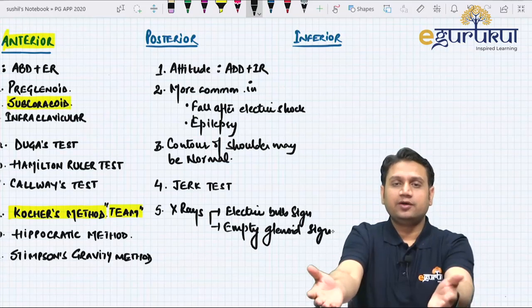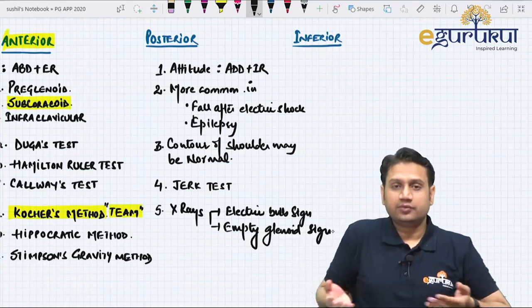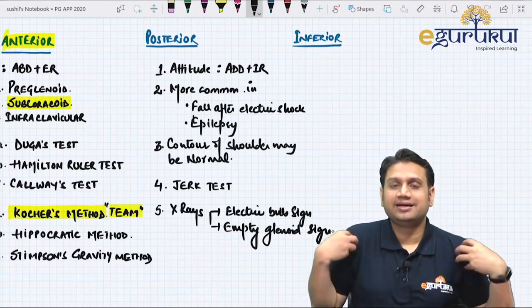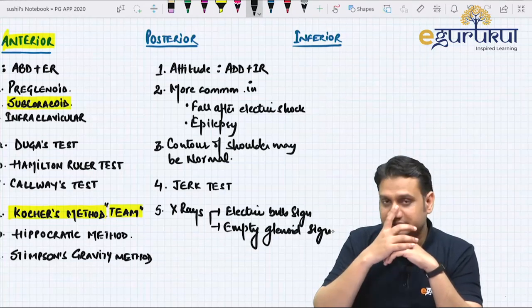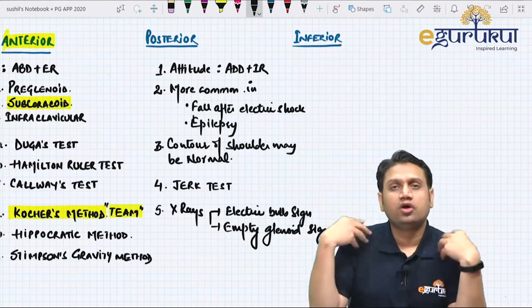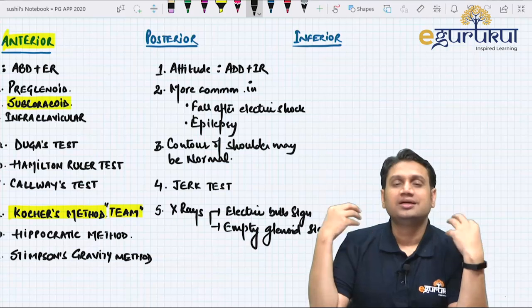Hand should have been like this, and when I try to do so, what I have achieved is, when I keep it like this, I have already made an internal rotation. That is what is required in posterior dislocation, right? So this posterior dislocation will always, or in the majority of cases, usually the contour of the